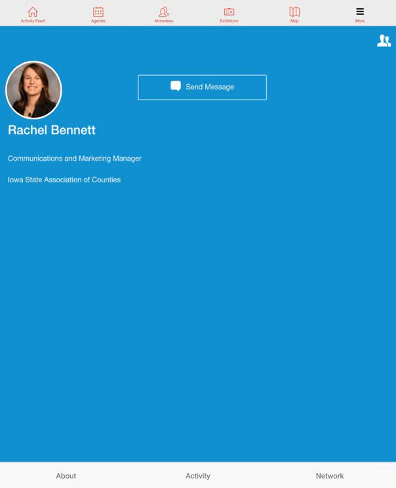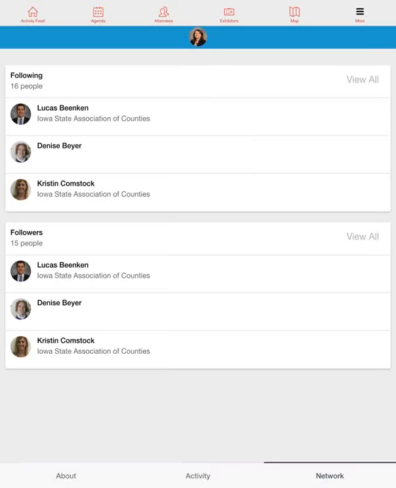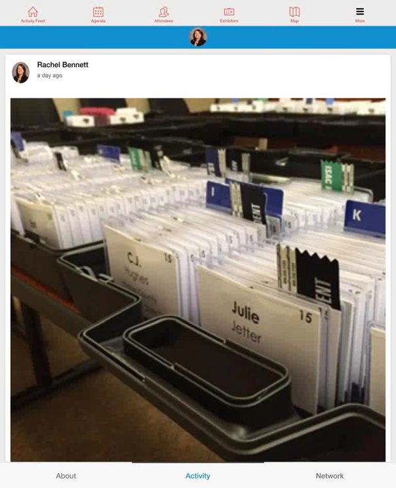If you go to, in the lower right-hand corner, there's a network tab. If you go to that network, you can see everybody who's following me and everybody who I'm following. That's another way to expand your network as well. So let's say, if you're a treasure and you're liking another treasure, you can find a bunch of different treasures that you might not know, and who are using the app, things like this. You can also see everything that I've done within the app. So you can scroll down and see all the activities specific to me that I've posted.